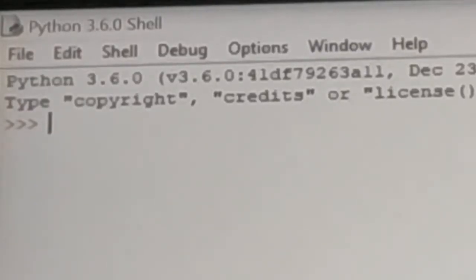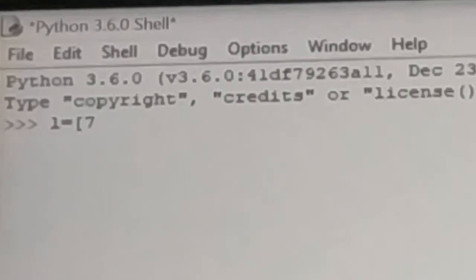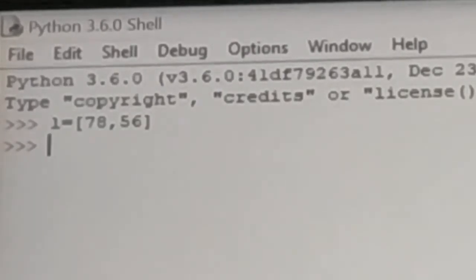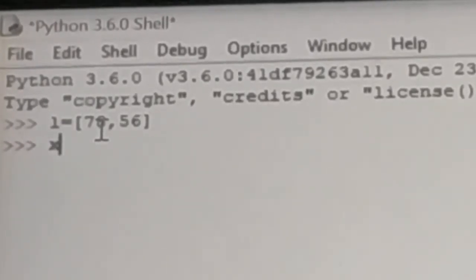Next we can see how to access the list elements by using its individual list element name. Here I am going to create another list. L is equal to, here list element must be in the square bracket. Here I am going to use two different types of elements. Here I am going to give separate name for each element list. Here X for 78 and Y for next element of 56 is equal to, I am going to assign these two names for the list elements of L.